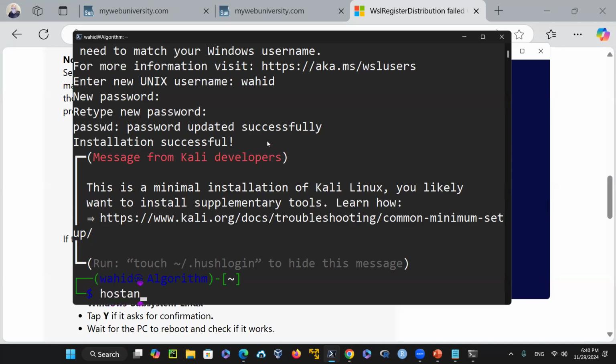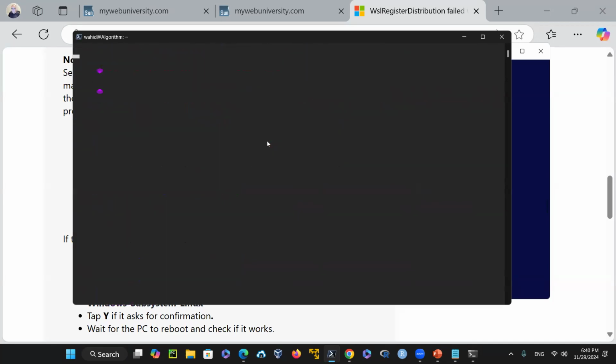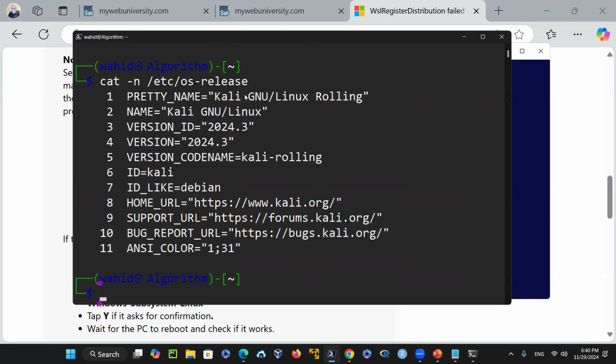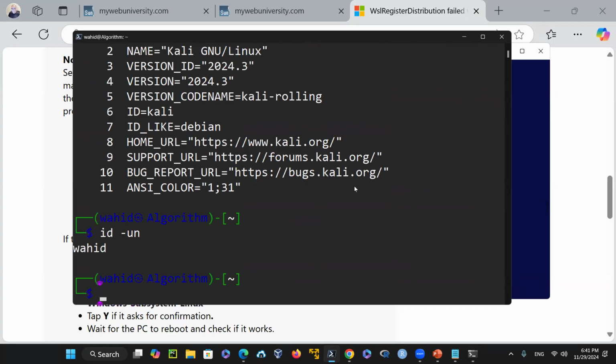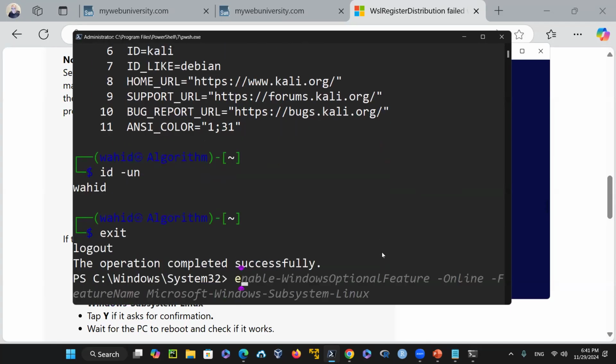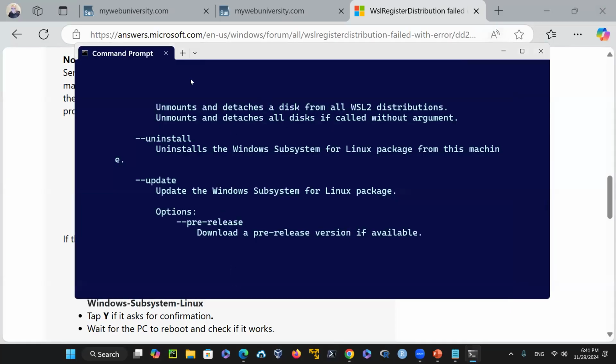If I just say hostname here, clear screen, hostname here, you can see it is the algorithm. Then cat /etc/os-release. Look at the content of that one, you can see Kali Linux is there, and the version is 24.2. And if I say id -un, you can see that the color of this background does not match as well there. So I could even close this one since it's installed. I don't have to be on root here. I could just go and